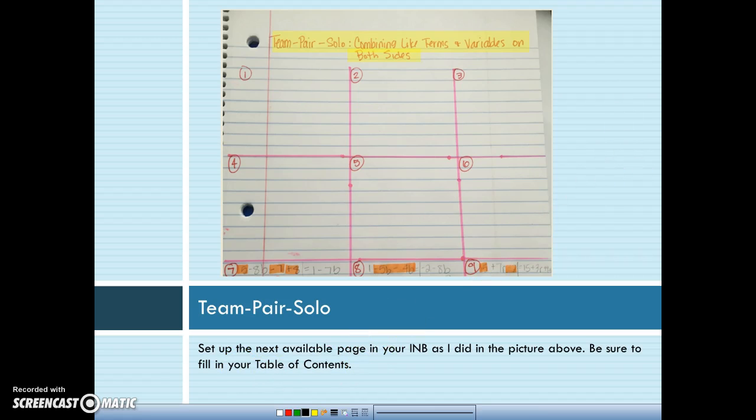I wanted to point out that when I was setting up this page, I kind of made a mistake. It's always a good idea to go and preview the problems to see about how much space you might need. You'll notice that my first column here is wider than my last, which isn't good because, as you notice as I did the solo down here, the problems get longer. So you may want to be careful and maybe make this one skinnier and these ones wider. Okay, so go ahead and pause the video now and set that up. Okay, all right,